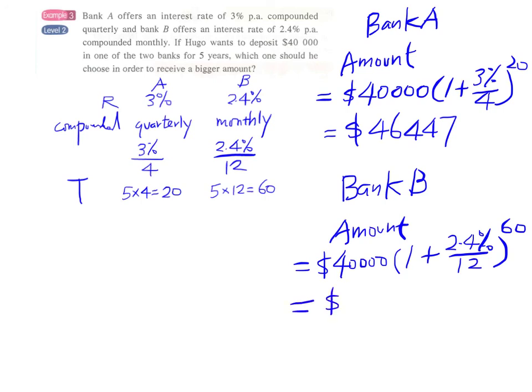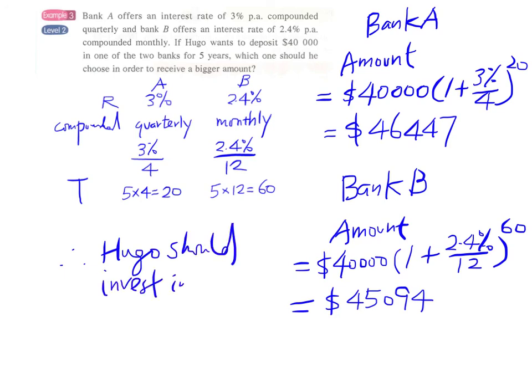And our calculator tells us the answer is $45,094. And we can see that the amount for Bank A is a bit more than the amount we get from Bank B. So, therefore, Hugo should invest in Bank A